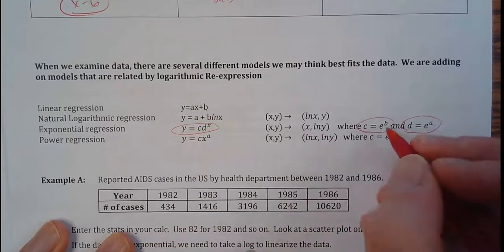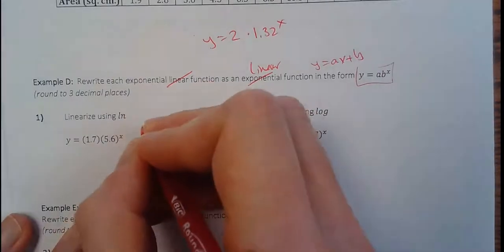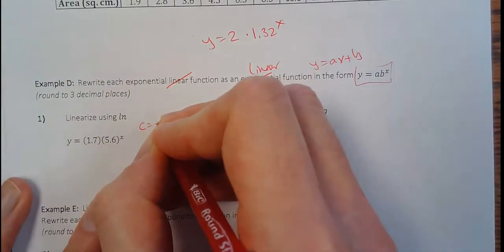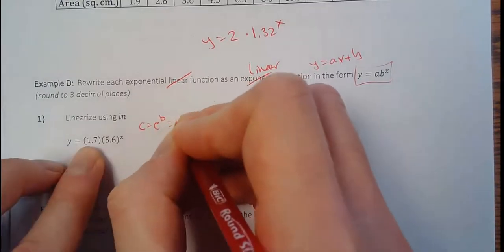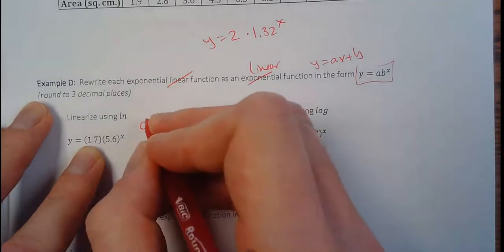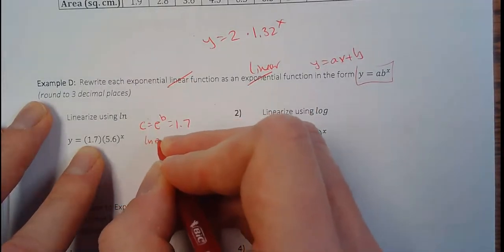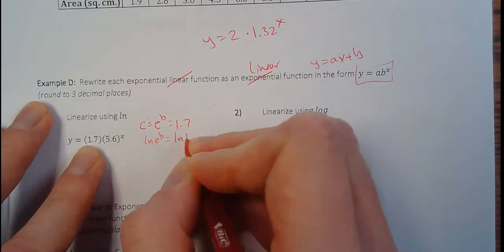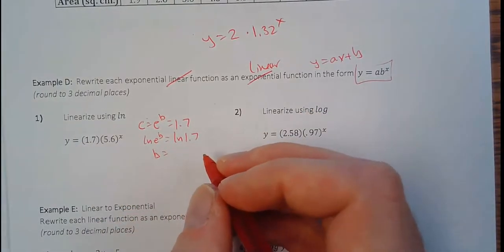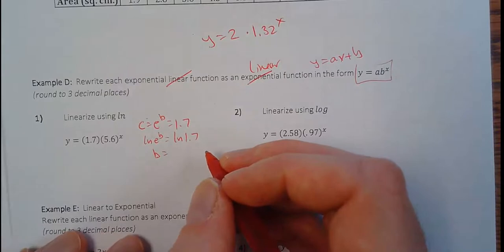So if c, in this case, which is e to the b, happens to equal 1.7, and I want to solve for b, I want to take the natural log of both sides. So natural log of e to the b equals natural log of 1.7. So b, if I take the natural log of 1.7,